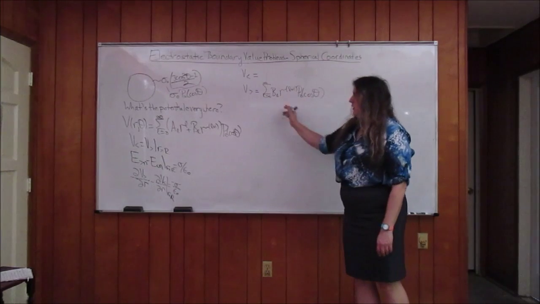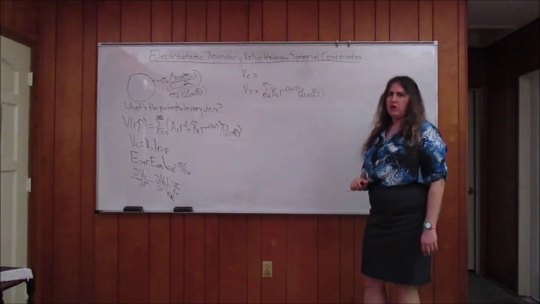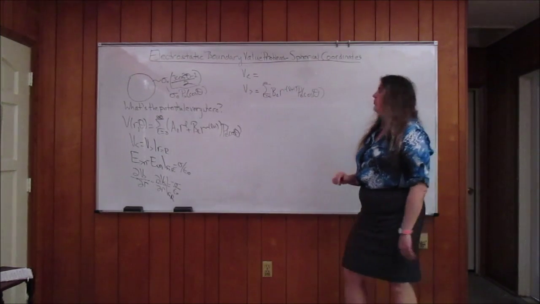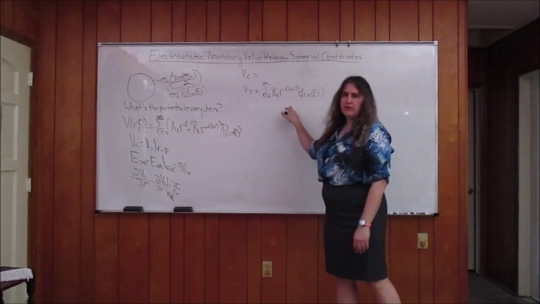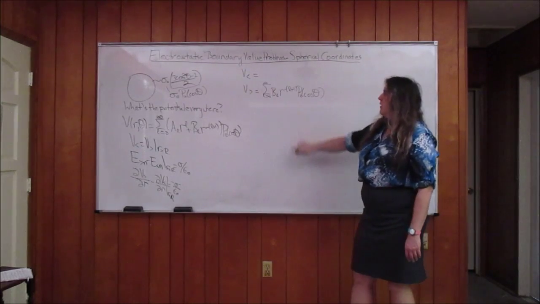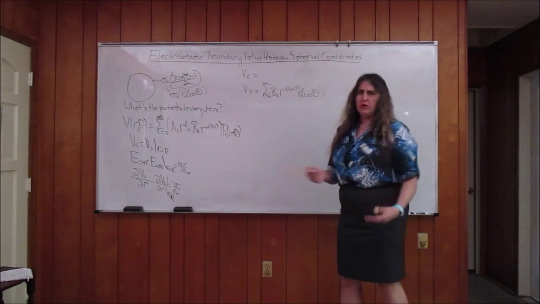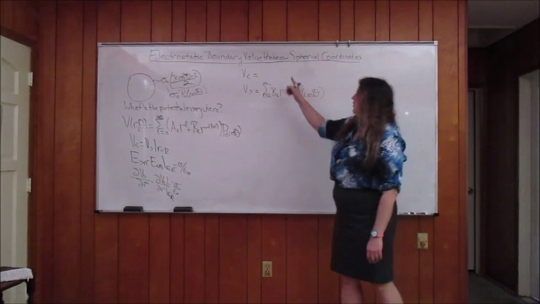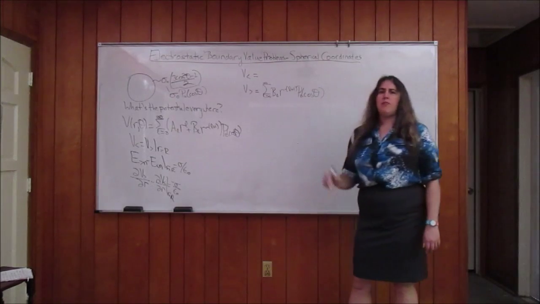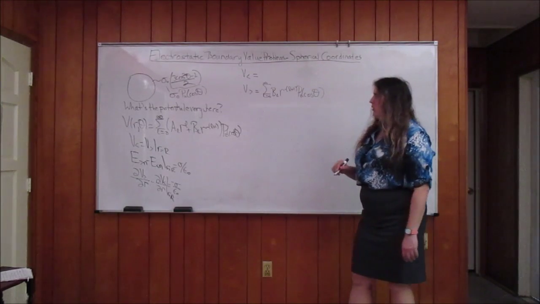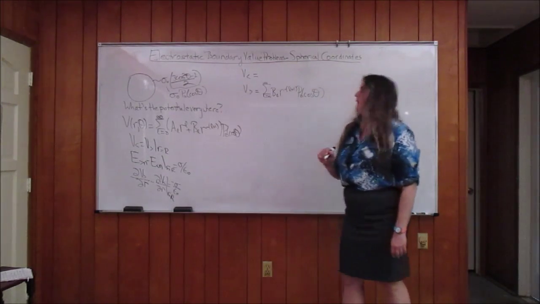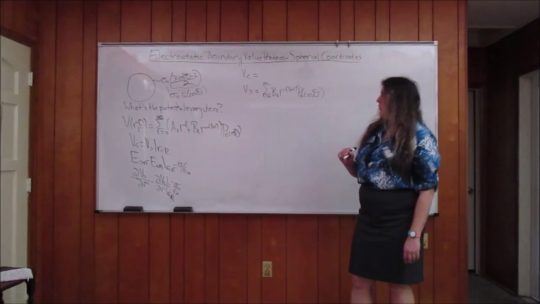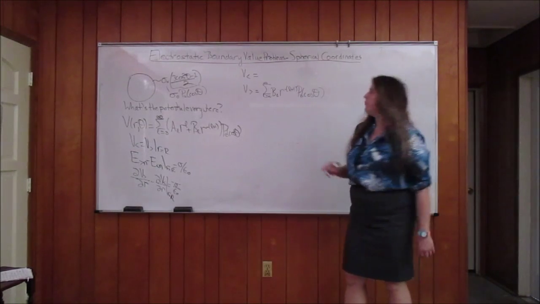And I know that any of the terms corresponding to r to the L terms have to be set to 0 there, because otherwise the solution will blow up as r gets infinitely large. And by similar reasoning, the potential has to be finite as the radius goes to 0. The potential is not going to vanish inside this time around, except at one point. And